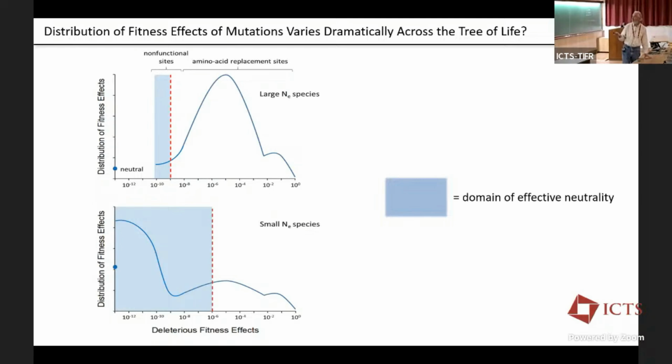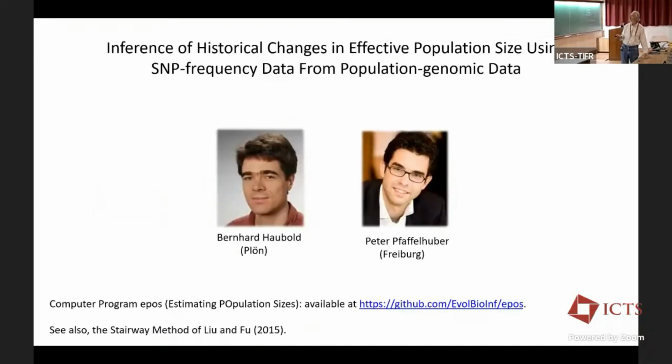I'll probably get to this next class. These are just things to think about. These are things we don't know and we really need to know: what do these distributions really look like? And the problem here is we don't have any simple way of measuring selection coefficients directly that are this small, because these would change allele frequencies in a lab experiment so minusculely that it would take a few generations of scientists to perceive something like that.